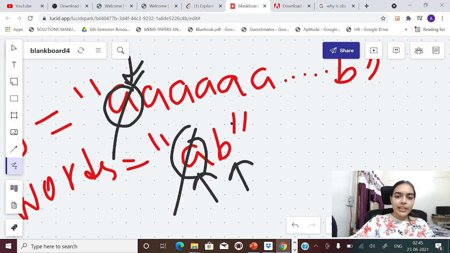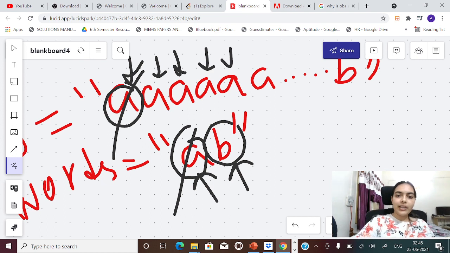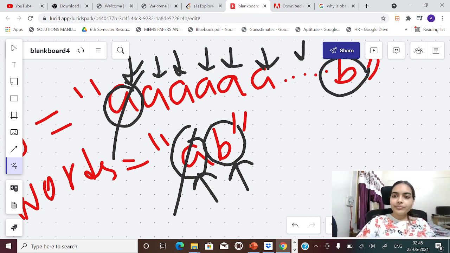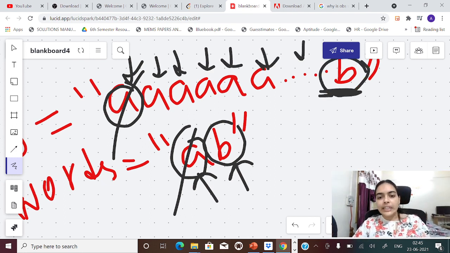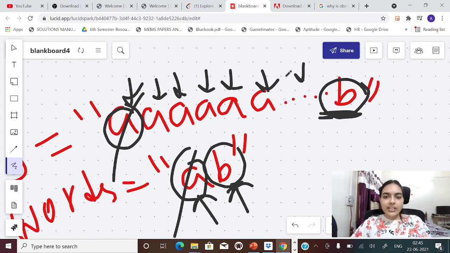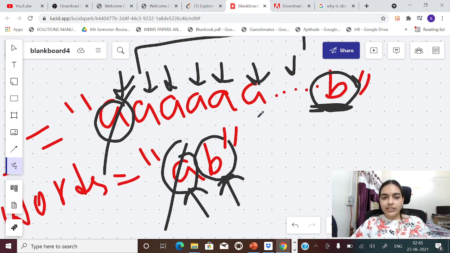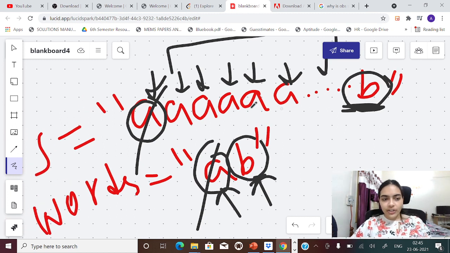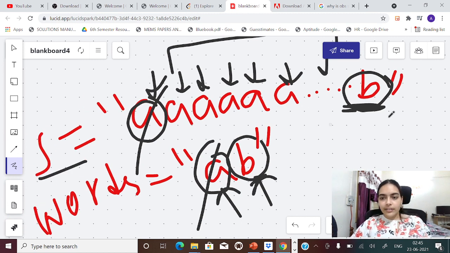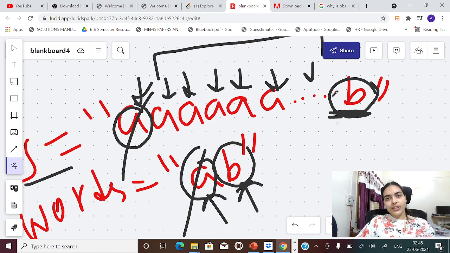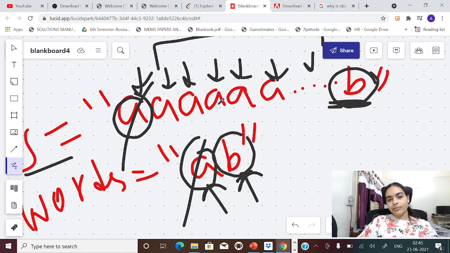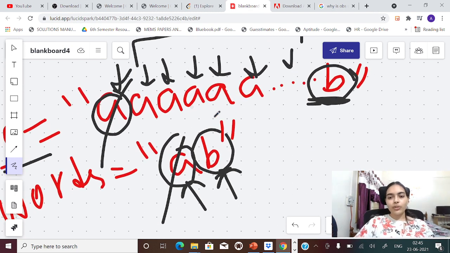Now you have to find B. So you will keep on incrementing the big pointer to find B. To find this particular B, you had to waste a lot of elements. You had to waste till you iterated over all these elements and you wasted a lot of time. So this will give you time limit error. In some cases like this where you have a very big string, right? And you have some characters which are at last, it will give you time limit error. So brute force approach is having problem.